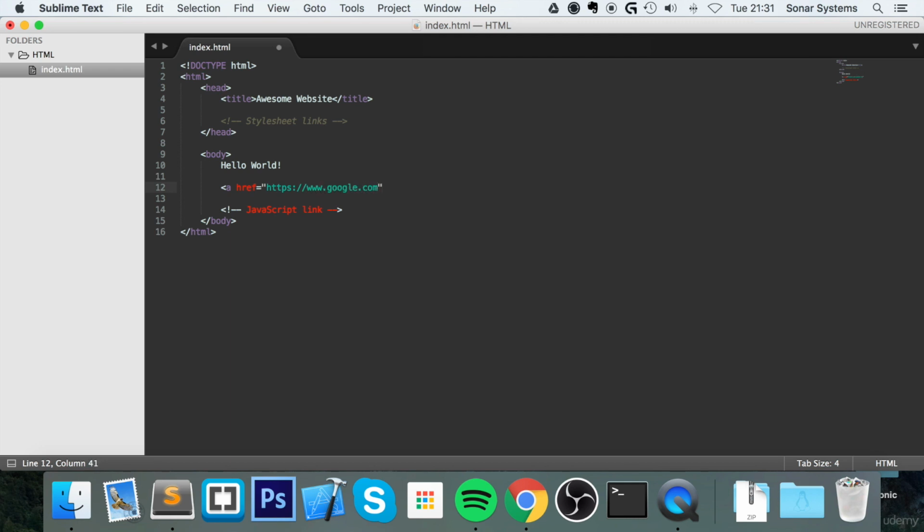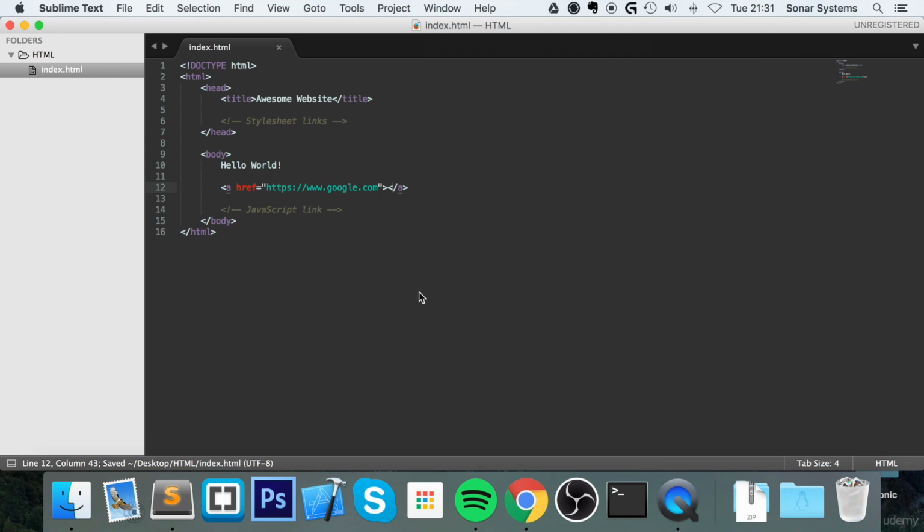google.com. Even though it's google.com, they're still accessing probably something like index.php or index.html. It's still accessing a file, even though you're accessing a URL. So that's the reason I'm saying file. I don't want to just say website, because if you are going to another file on your own website, then technically you're not changing website, you're just changing file. So to close this, you just put a closing tag,